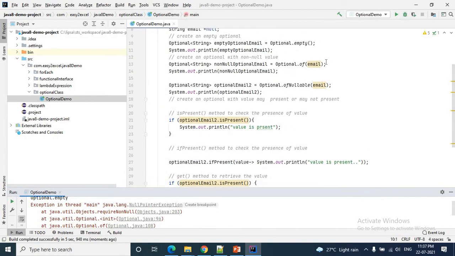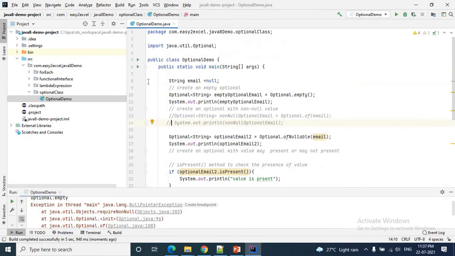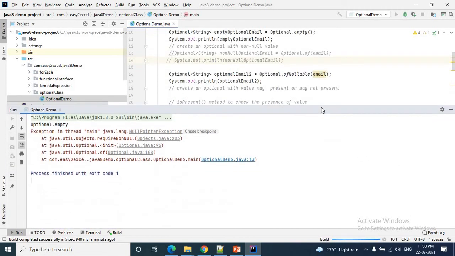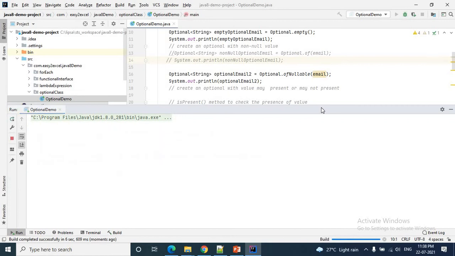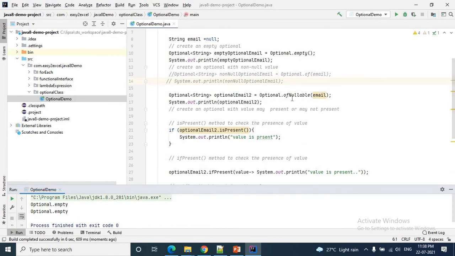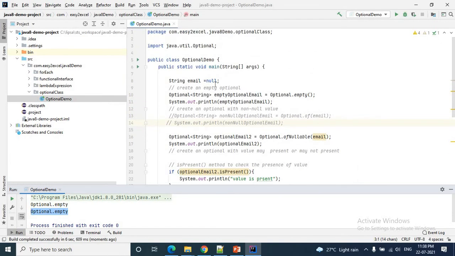The error is because of this Optional.of email. Let me comment out this one and run it again. Correct. Optional.empty object created, and for this one also, optional ofNullable, the empty optional object is created because the email field is null.